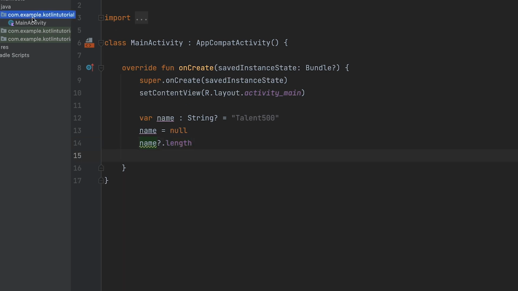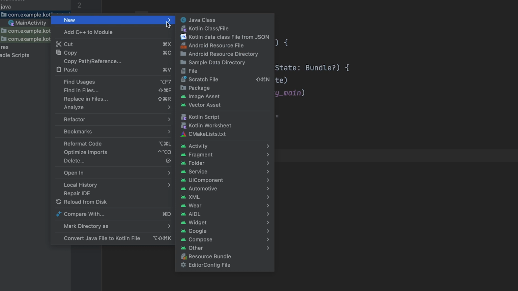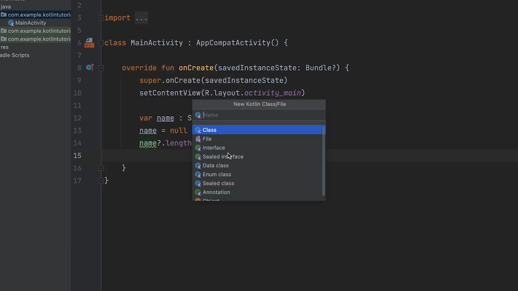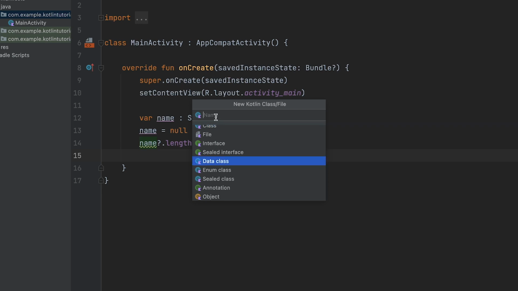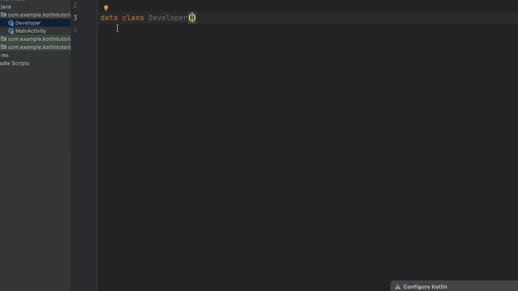Let's say I want to create a data class. So just notice the cursor of my mouse. I'm going here, I'm right-clicking, I'm creating a new Kotlin class basically, and you can see here I'm getting multiple options. So I will go ahead with the data class option and I'll give the name Developer. I want a Developer data class to be created. So you can see the data keyword is here, class is also a keyword, Developer is the name of my data class. Okay, I can change it as well.